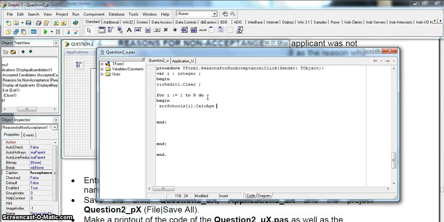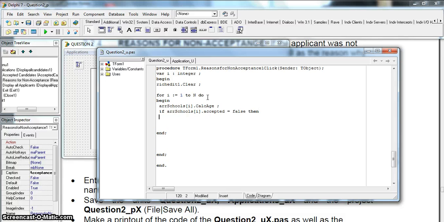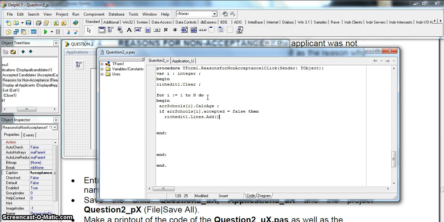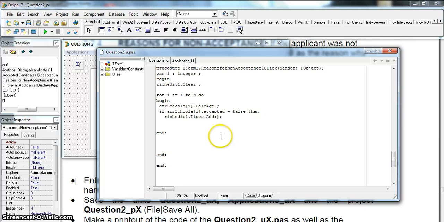Calculate age. Then I'm going to ask if they were not accepted. If accepted equals false, which means they weren't accepted, then I need to, in the rich edit control, .lines.add, we're going to display. Now what are we going to display? We have to display their name first, and to get their name we must use the get name procedure. So we go our schools